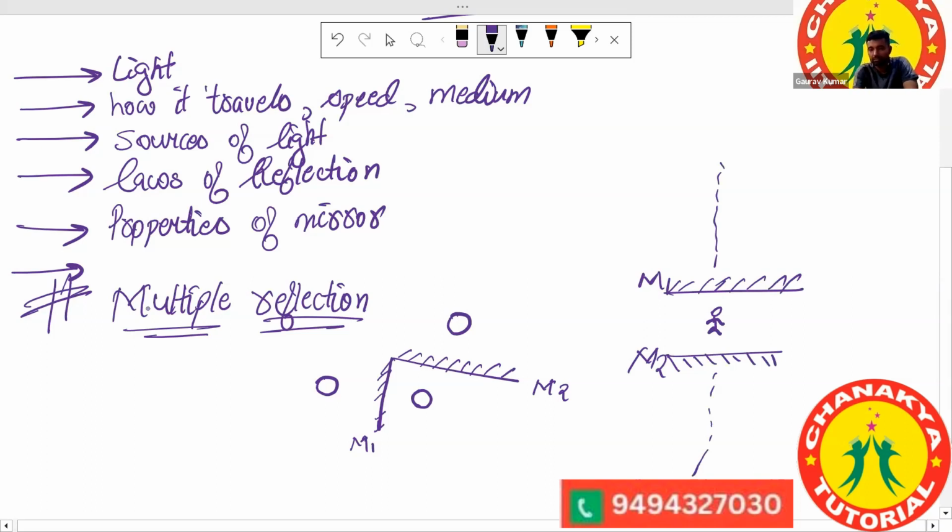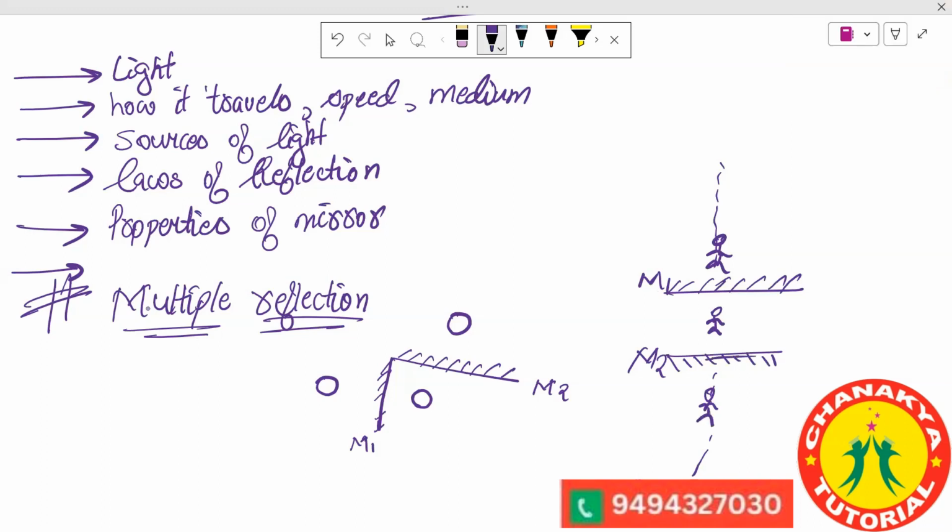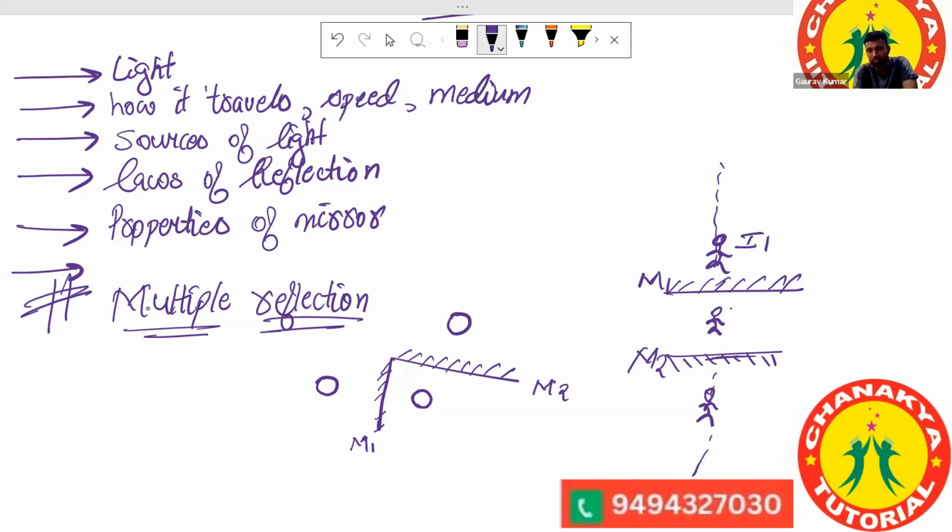First, let's say Ashwath is standing, then there comes an image of him in this mirror, and there comes an image of him in this mirror. But Sir, because light is bouncing back from one mirror to another mirror continuously, and then it never stops. Yes, continuously. Okay, so let's say this is the object, and this is image I1 dash. I put I1 dash for this mirror M dash, this mirror M, this M dash, this image I1 dash. So for this mirror M dash, there will be an object of